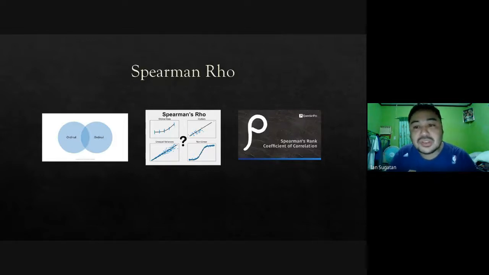Now we're not going to use the scale value. We are going to use the ordinal, meaning the values are in order. There are three tests: Pearson R, Spearman rho, and Kendall tau. Kendall tau can be formulated as a special case of a more general correlation coefficient. We will not focus on Kendall tau. The comparison between parametric and non-parametric, we explained in Pearson R and in the topic for this evening, which is Spearman rho. Alright?